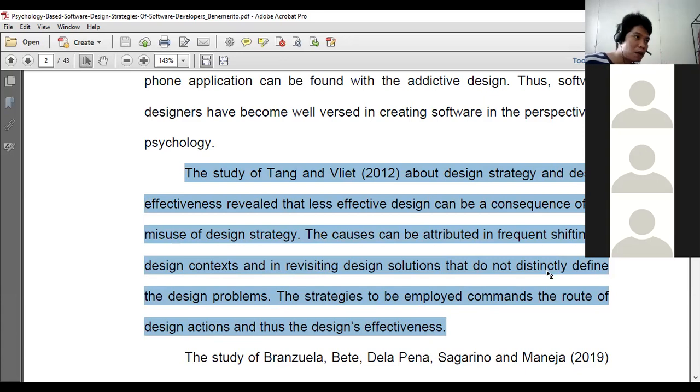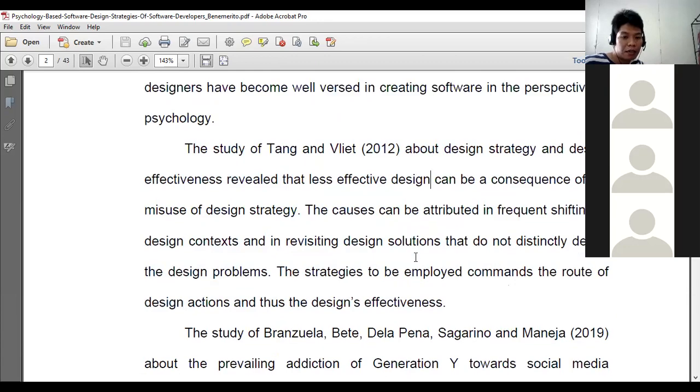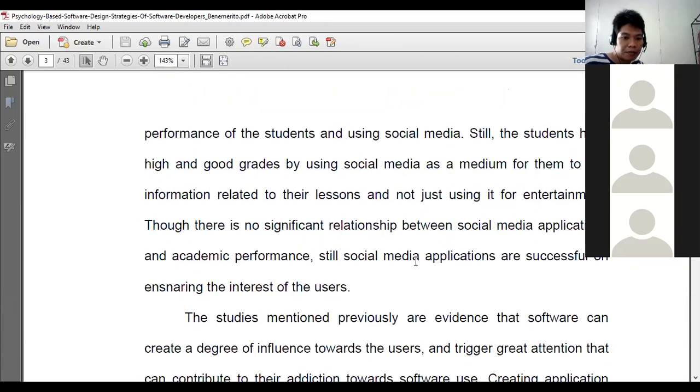Or kung walang masyadong, isang international at 2 national. Kung gamay lang ang national studies na makita, pwede 2 international o isa ka national.